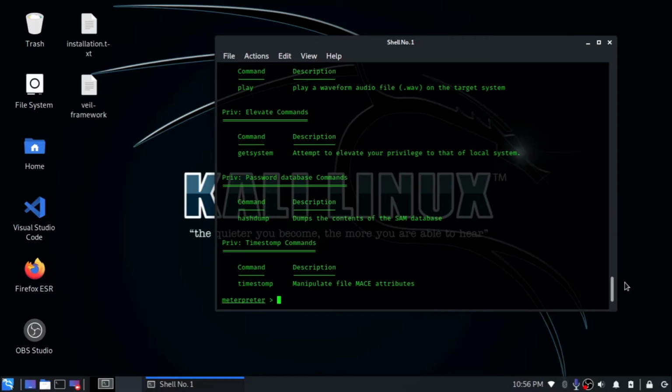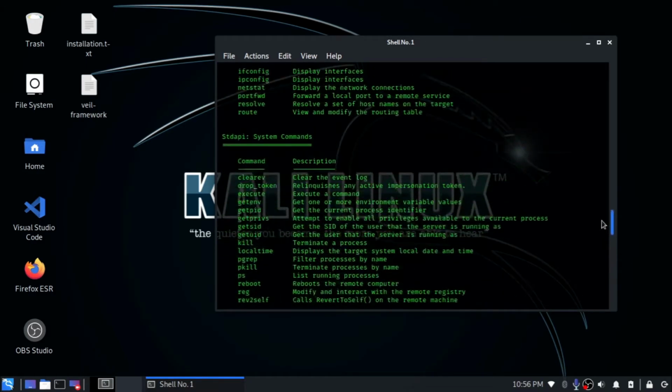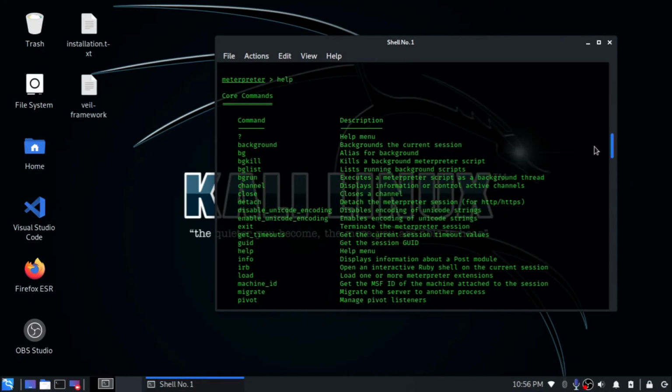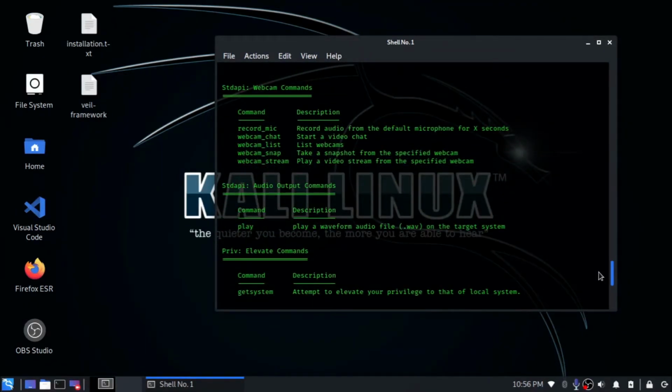As you can see, there is a broad list of commands. I will tell you some basic ones. The first command will capture a web camera snapshot, or a camera photo, if the Windows machine is a laptop or has a web camera. This command is very useful.